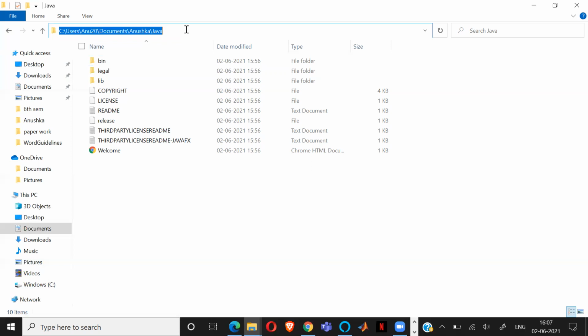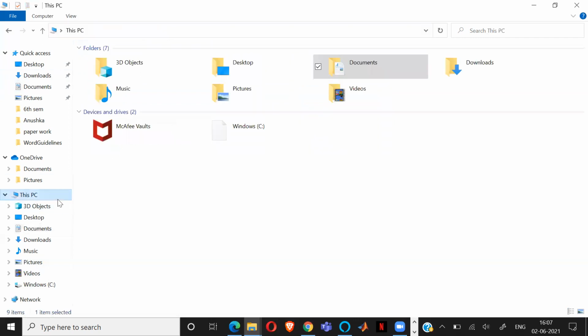Okay, open the environment variable. No, the system environment variable. How to set the path: go to My Computer, this PC. Can you see this PC? Yeah, right click.